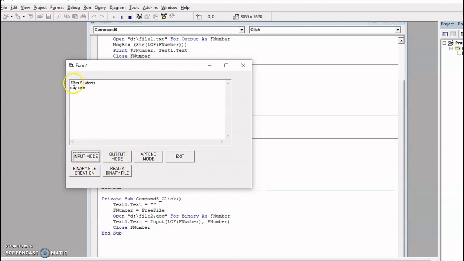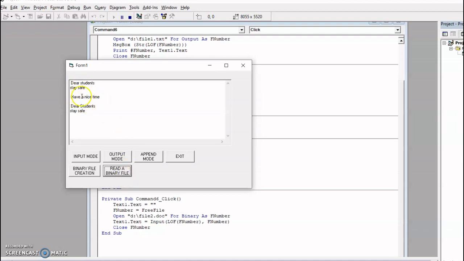Keep the same contents as they are and just create the binary file. Now the binary file is created by adding the 2 lines. These 2 lines are added into the binary file. And just read the binary file. These 2 lines are already stored.